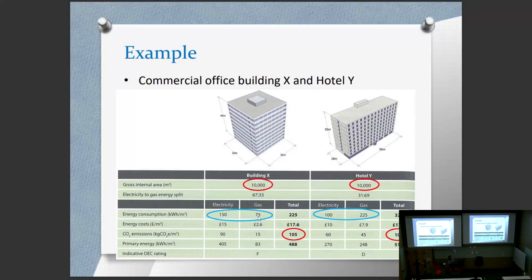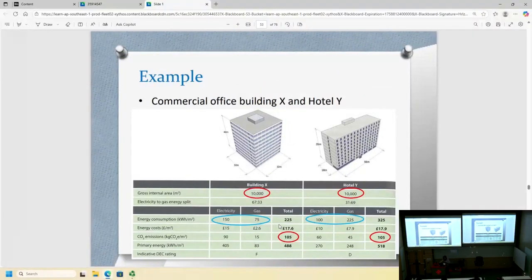And the proportion would be 67 to 33, the same proportion as what we assumed here. And the total would be this value. For hotel Y, we have this proportion, such that the electricity energy consumption will be 100, and for the gas 225. And we have different energy costs. Here, for the energy cost, it's not written here, but for electricity the assumption would be,